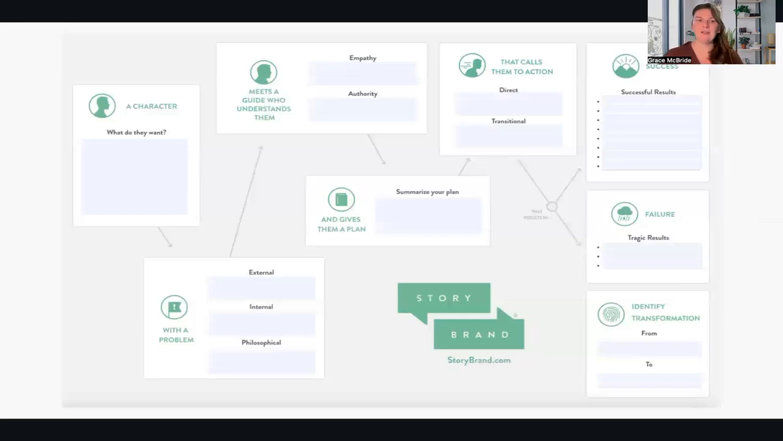So just to step back to review, we have our character, our parent who is struggling with a child being bullied. The external problem is their child is being bullied. The internal problem is they feel overwhelmed, lost, and helpless. They don't know who to turn to get help for their child. The philosophical problem is that no child should feel bullied and no family should have to experience this. They need a guide, our organization, who understands what they're going through because they've been there themselves. And their authority in the space is that they've brought together a whole range of experts to specifically support